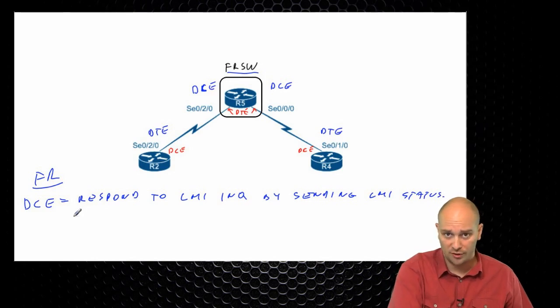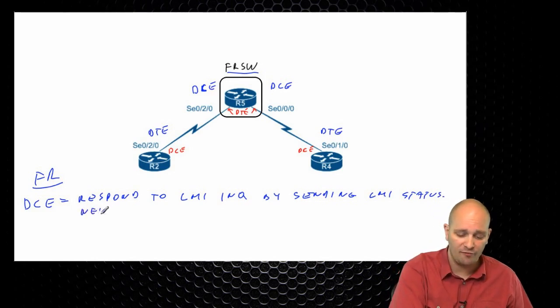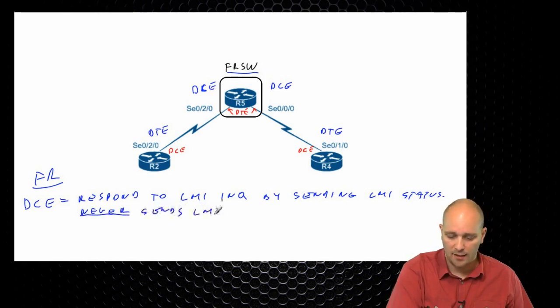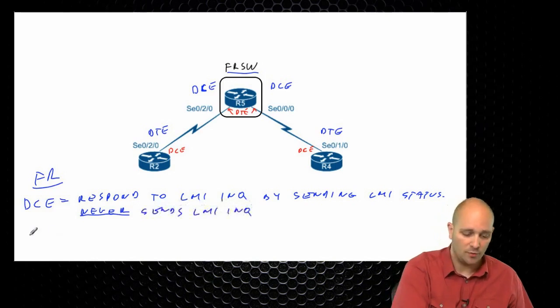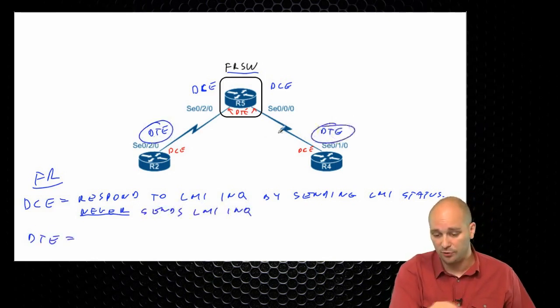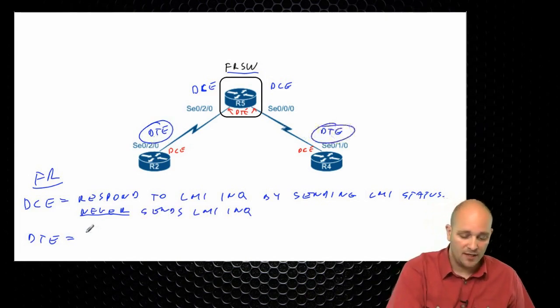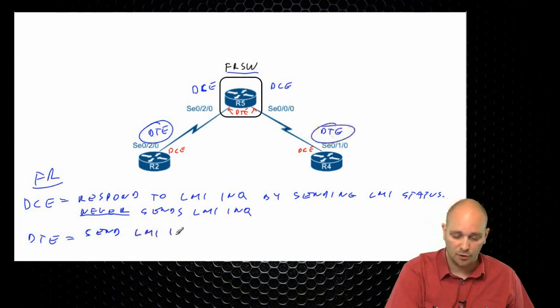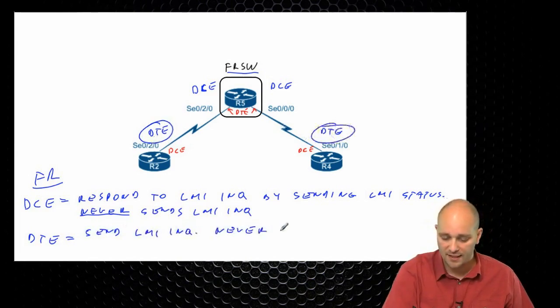Now, one thing to note about the DCE is that it never sends LMI inquiry. Now, the DTE side, on the other hand, and DTE, by the way, is default on Cisco routers, will send LMI inquiries, and it will never send